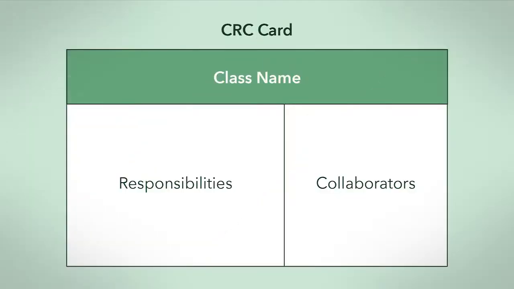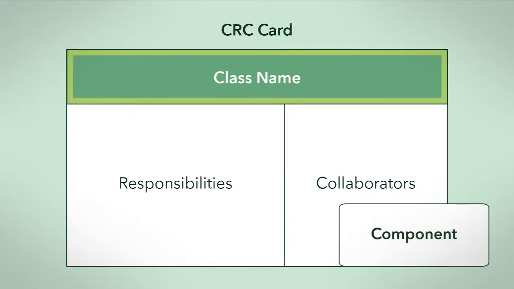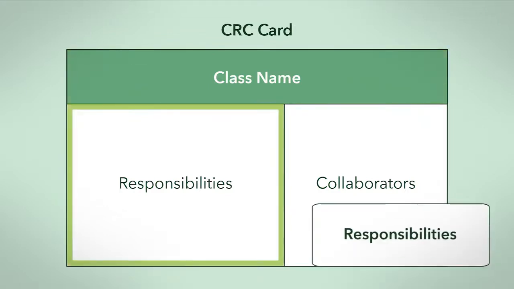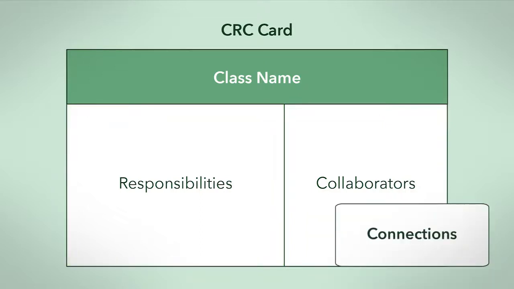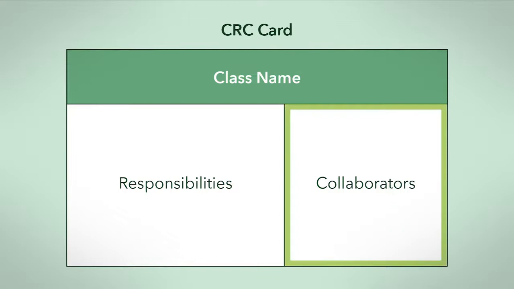So how can we use this while forming the conceptual design? To keep track of each candidate component and its responsibilities using a CRC card, you place a component's name in the class name section and the responsibilities in the responsibilities section. That's pretty straightforward so far. So what about the connections? In the collaborators section, you list other components that your current component connects to or interacts with to fulfill its responsibilities. A CRC card can be as simple as a physical index card marked into 3 sections.